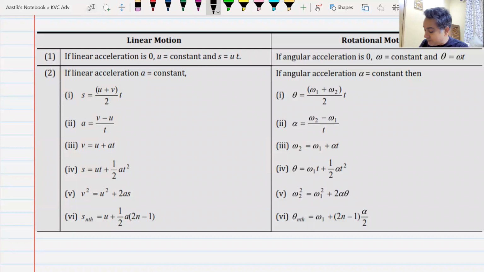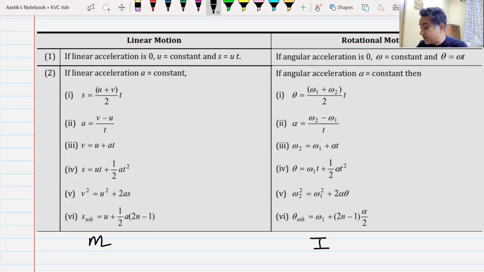In linear motion, we have mass m. In rotational motion, we have I, moment of inertia. Same job, same thing. Mass is a measure of the inertia of the body, the property by virtue of which it resists any change in its translational motion. Moment of inertia does the same thing for rotational motion. Do we understand this? Yes or no?